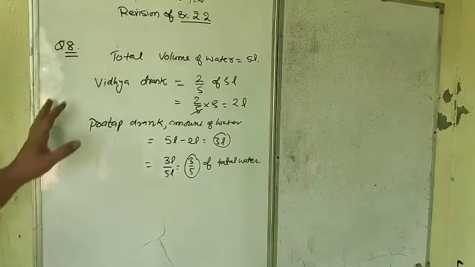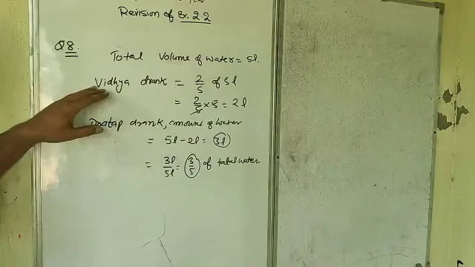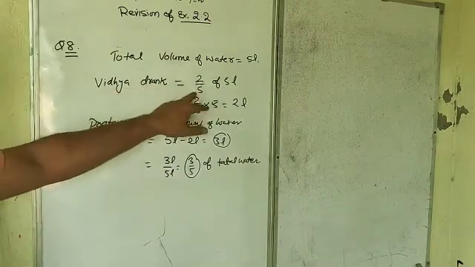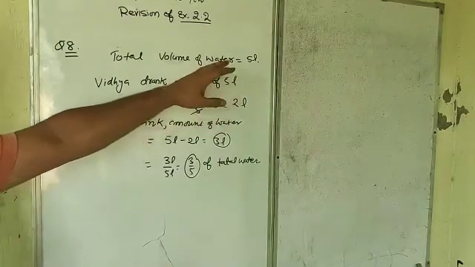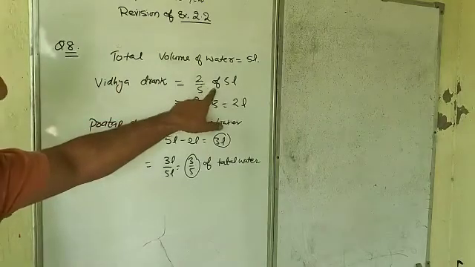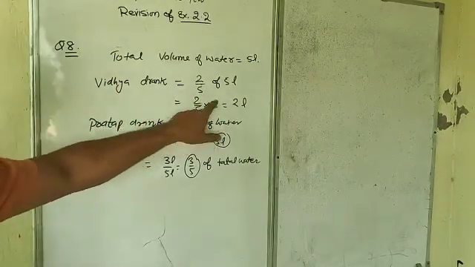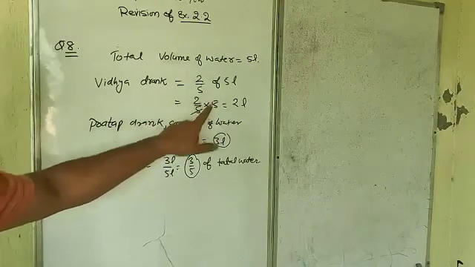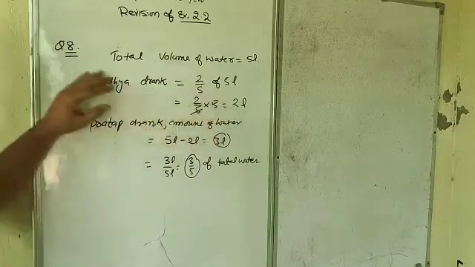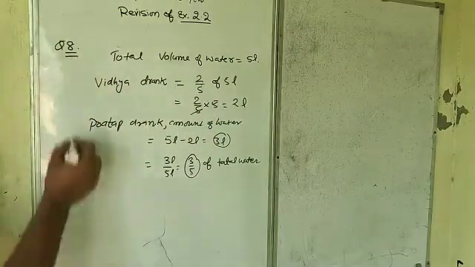Okay. Let us revise this question again. Total volume of the water is 5 liter. The amount of water Vidya drank is 2 by 5 of the 5 liter. So out of the total water we have, we will use only the 2 by 5 part. So we have to write this equation and then convert of into multiply. 5 cancels 5. So 5 ones are 5, ones are 2 ones are 2. So here is 2 liter. 2 liter of the water is drunk by Vidya. So this is your part number 1 of question number 8.